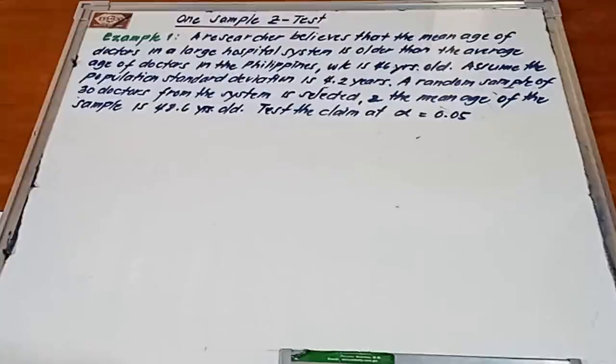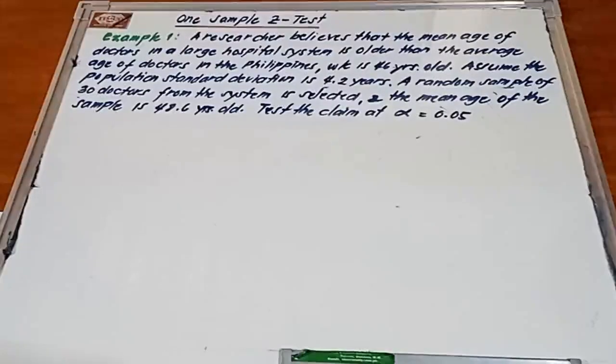Okay, good day. So this is my first example para do sa topic nating z-test for a mean or one sample z-test. Sabi sa example number 1, a researcher believes that the mean age of doctors in a large hospital system is older than the average age of doctors in the Philippines, which is 46 years old. Assume the population standard deviation is 4.2 years. A random sample of 30 doctors from the system is selected, and the mean age of the sample is 48.6 years old. Test the claim at alpha